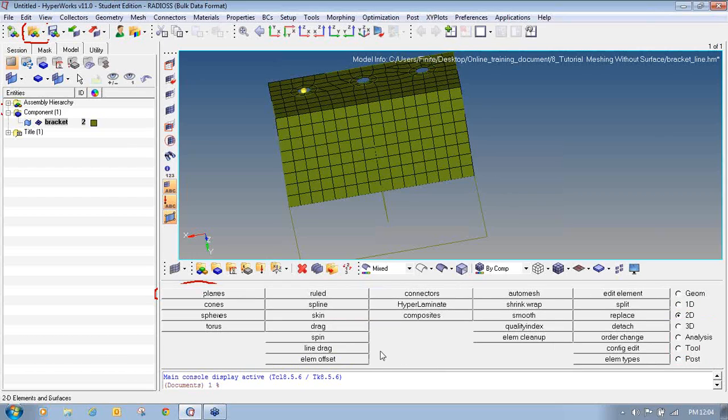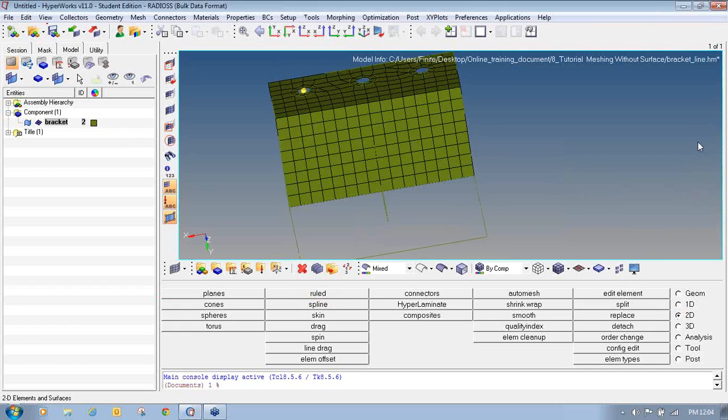Now I will use one more option available in HyperMesh to generate 2D meshing. This option is called ruled. By using ruled you can generate mesh even if you don't have surfaces. So in the 2D page itself, you will find the ruled panel.